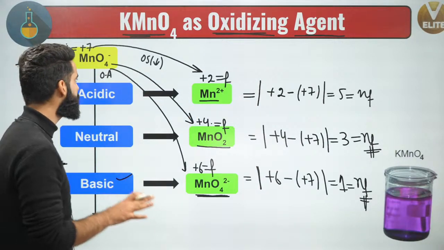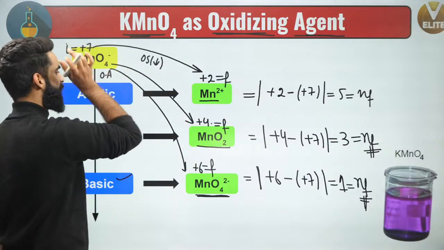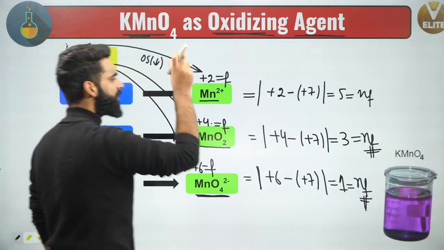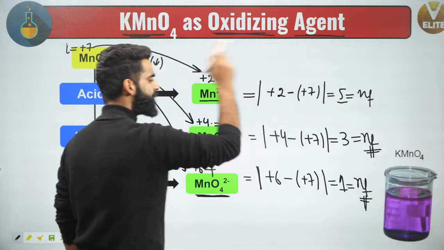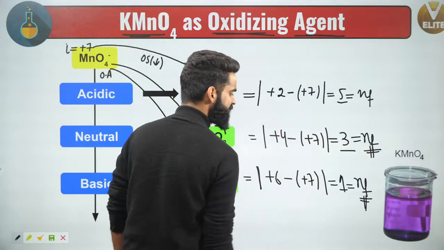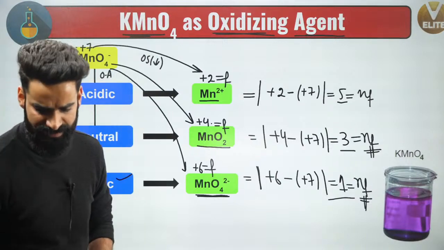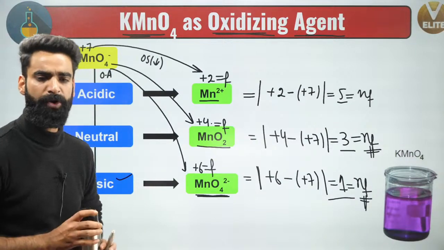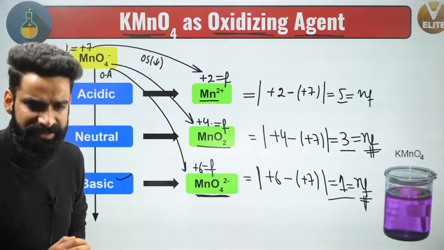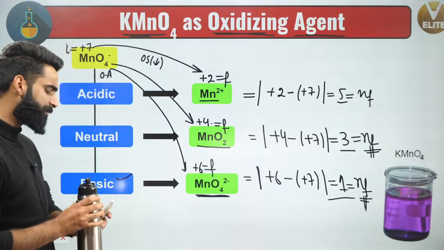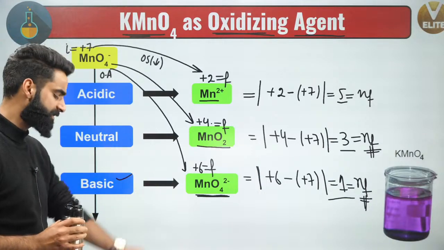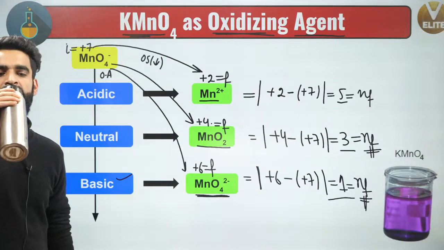Okay. So remember, from now onwards, your KMnO4, your MnO4 negative, its N factor in acidic medium is 5. Its N factor in neutral medium is 3. Its N factor in basic medium is equal to 1. Let me know in the chat box if it's clear to you, so that I can move ahead and talk about a few more interesting things right here. Yes. Let me know in the chat box. Do like the video if you got the concept. Yes. Let me know fast.